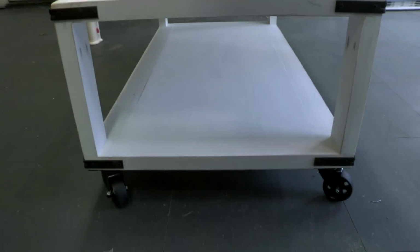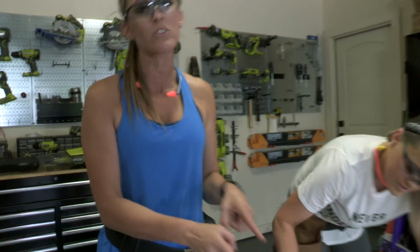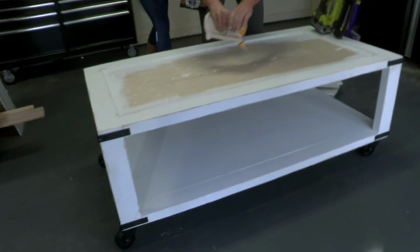All right, we have this entire thing painted. We have attached all of the hardware, and now it's time to add the barnwood. Remember, I said that the whole thing's not gonna be made out of barnwood, only the part that counts. Well, the top is what counts. And we've already cut that barnwood to size, and so what we're doing now is adding